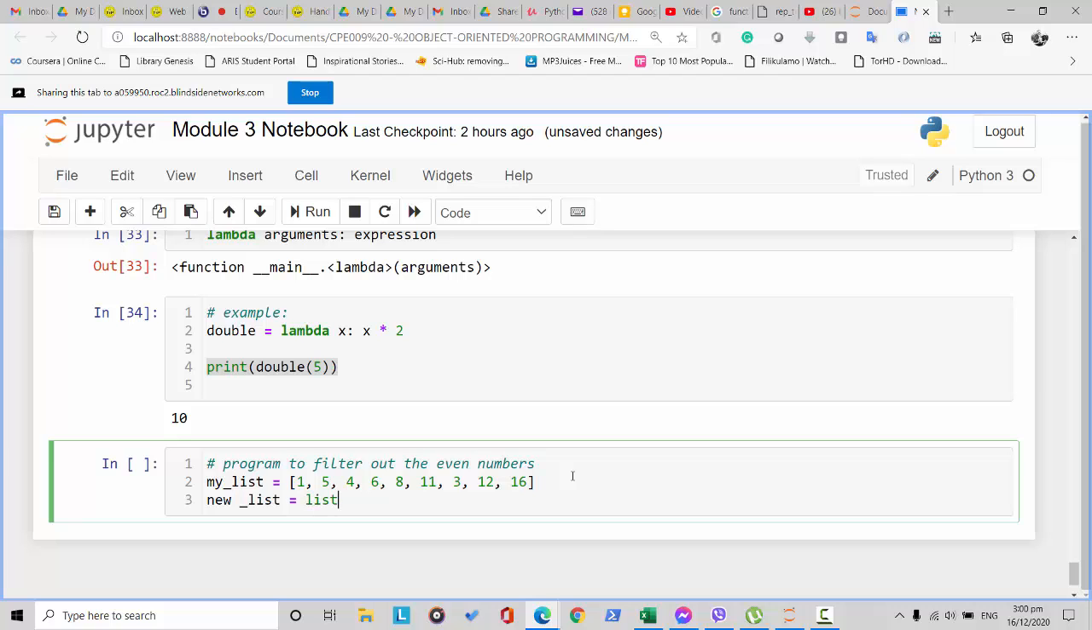And I'm going, this is a list function, no? This is a list function, actually. And inside this, I'm going to use the filter function, no? The filter function. And inside that function, I will write a lambda or anonymous function called lambda x